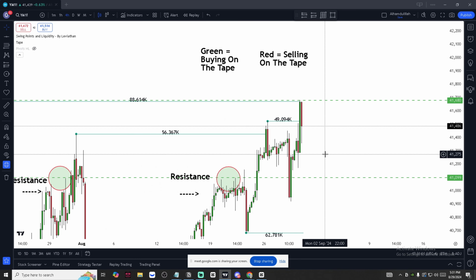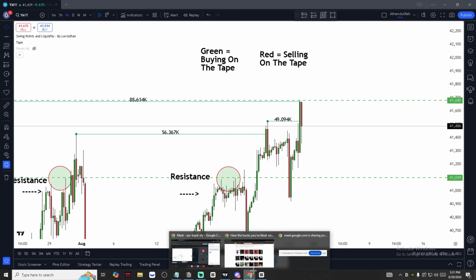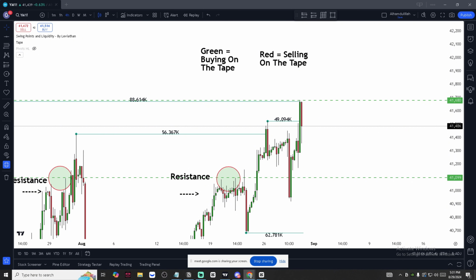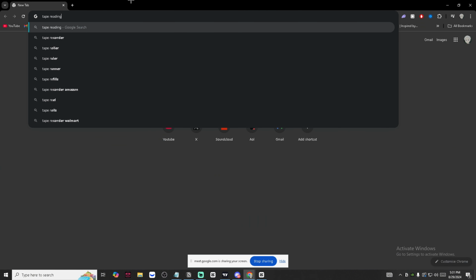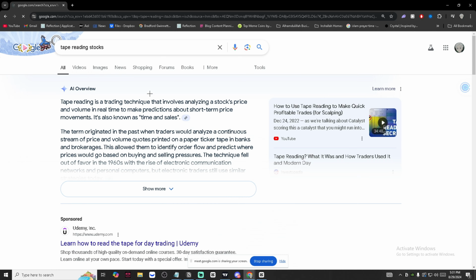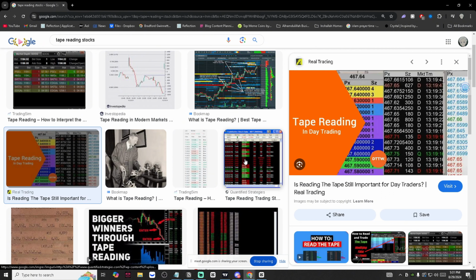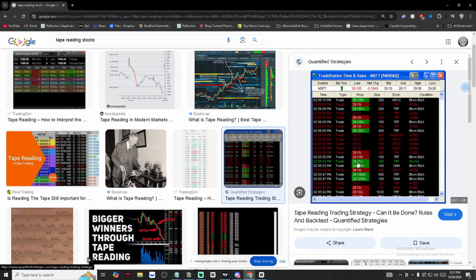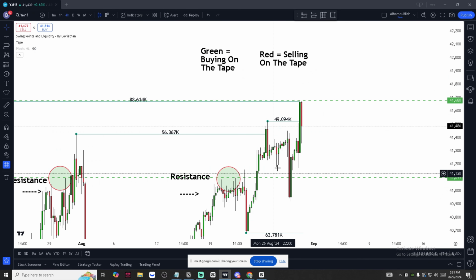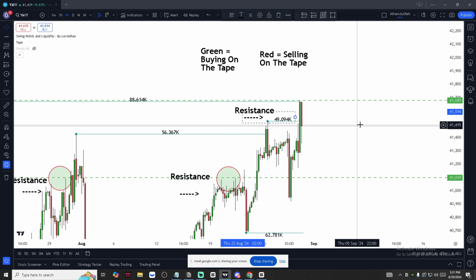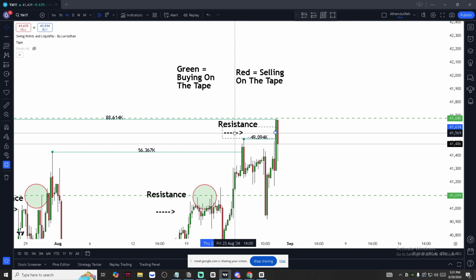So when you use that in conjunction with a breakout setup, for example, it is going to look like this, or it's going to look like this, and you're going to see the orders coming in here. When price comes to a high area of resistance, for example, once again, this would be resistance because price is falling down from an area here. So if price decides to break above it, you're going to see